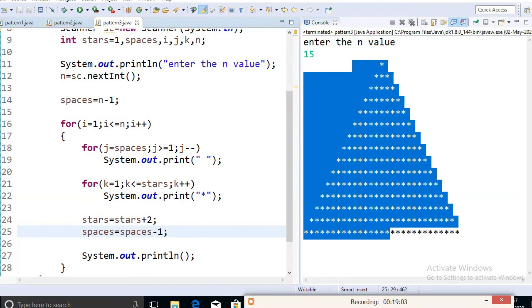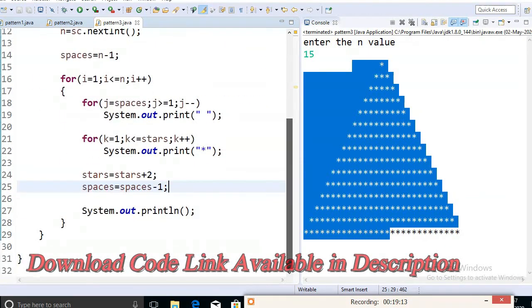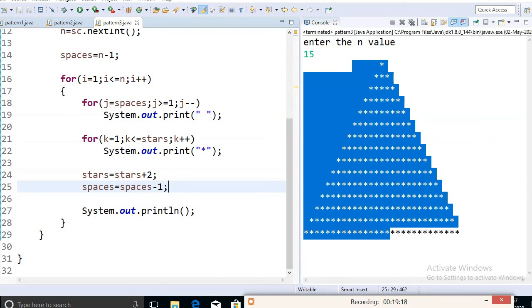If you didn't see that video, I will give that video link in the description. This code also I will give in the description. See the difference. What is the difference? That pattern, this pattern.